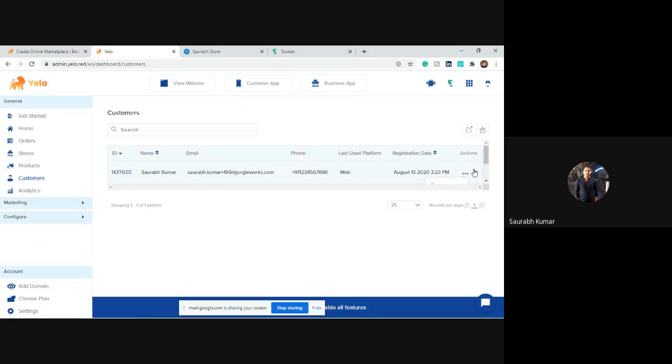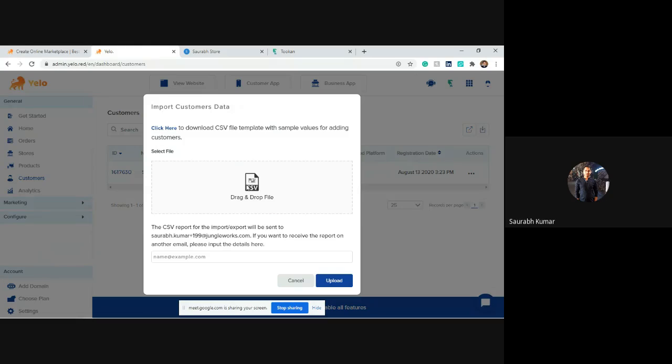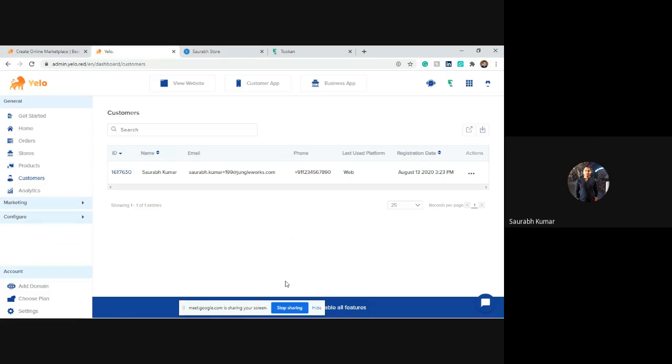And suppose you have a list of your customer base in a CSV file, you can simply import those customers from here. You can download a sample from here, update the data in that sheet, then simply drag and drop and upload, and that list of customers will be available to you.